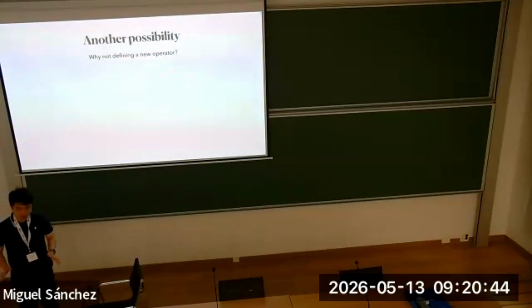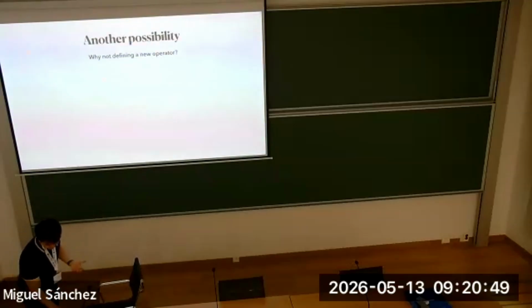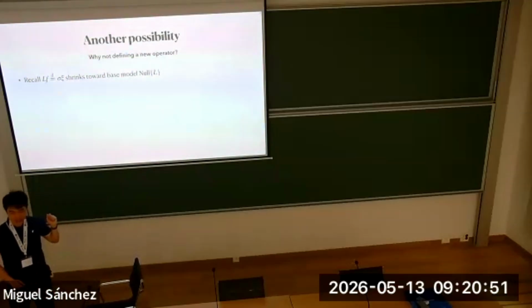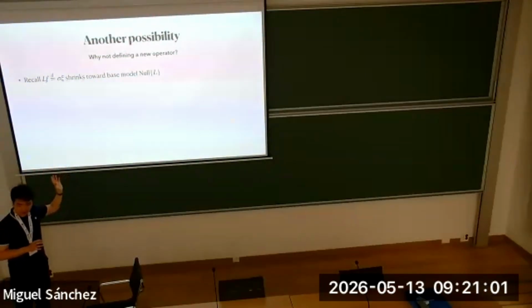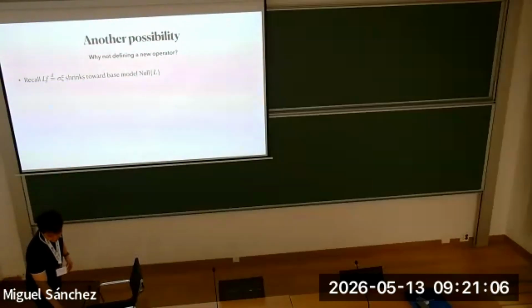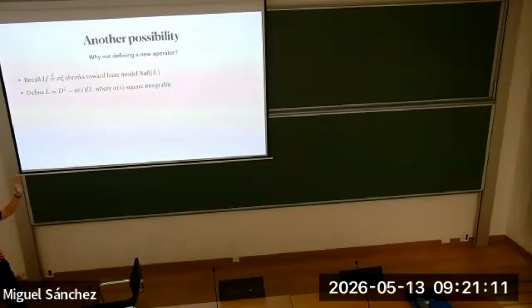But is that the only approach that can deal with this? Definitely not. We can also define a new operator, L. Recall that when we first introduced this model-based approach, we looked at a Gaussian process like distribution of functions defined through this simple ordinary differential equation. That construction is shrinking the function toward the null space of L, which we call the base model. So if we choose an L that no longer looks like just the second order differential, but the second order differential subtract alpha x multiplied by the first order differential, where alpha x is any square integrable function,